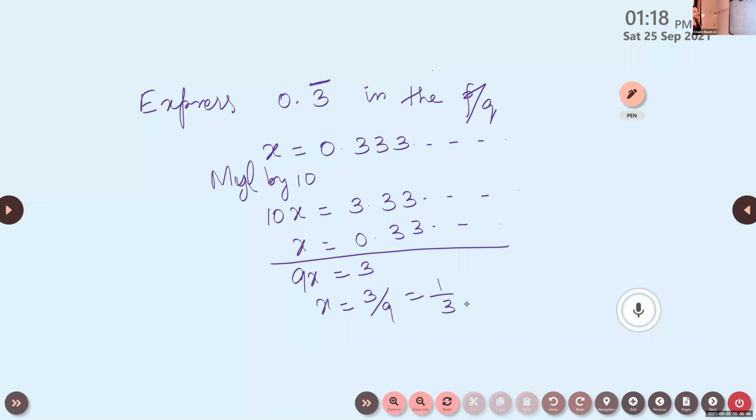This method we have learned last year in 9th standard. And this model of questions will be asked. What we have learned in 9th standard also will be asked. Here in decimal form it is given. We are asked to write it in P by Q form. Ma'am, it is second chapter principle in it. It is from real numbers.